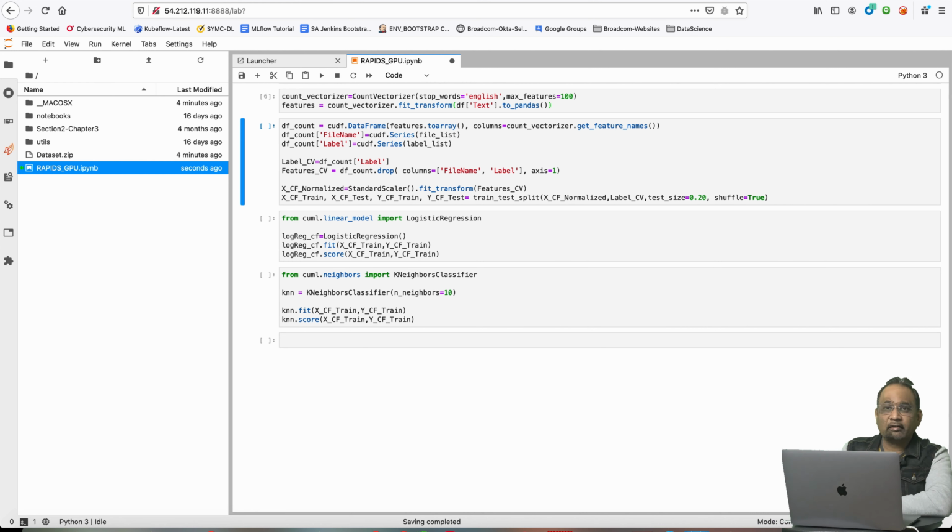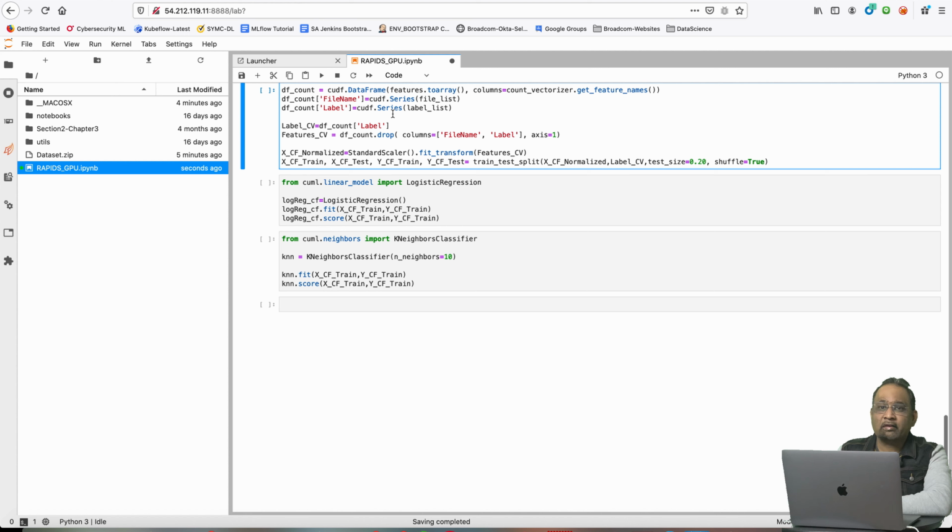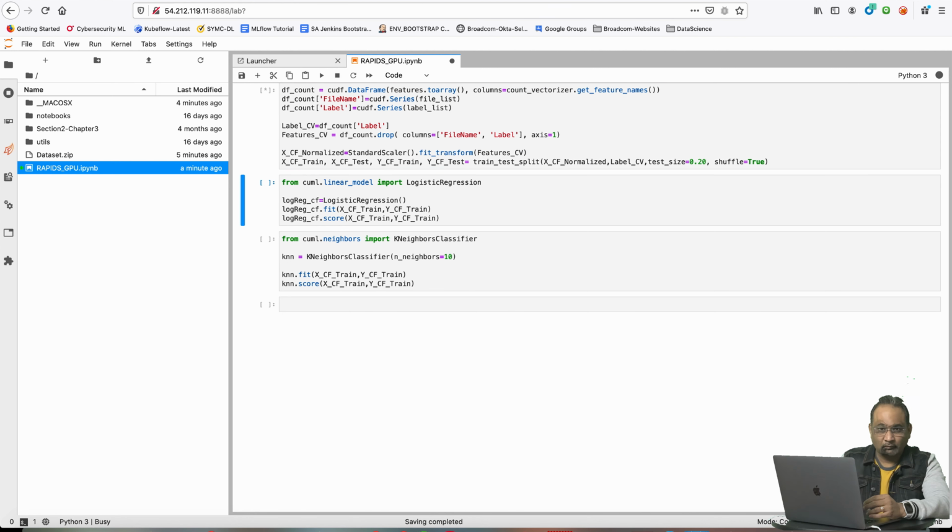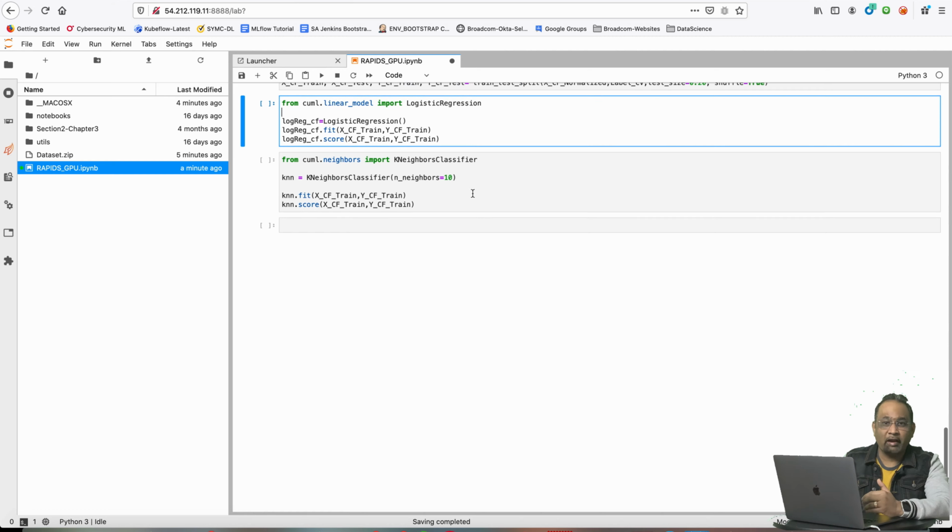Next, let's split the data into the train and test set and run some classification algorithm on it. For the purpose of this demo, I am using the simpler classification models, that is logistic regression and k-neighbors classifier, but you may try a different classifier provided in the cuML package, and you can find it in the cuML API reference pages shown below. As you can see, we have just finished the malware classification using simple classification algorithms like logistic regression and k-neighbors classifier using GPU accelerated training with the help of the RAPIDS framework.